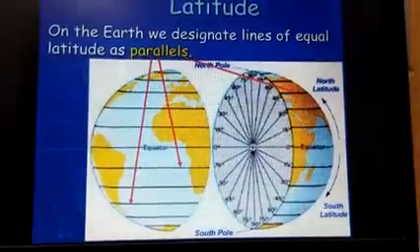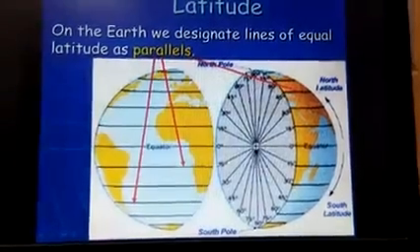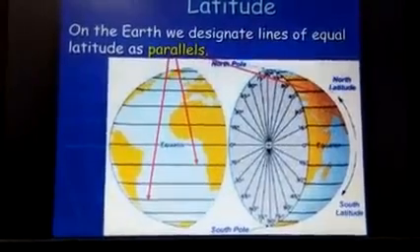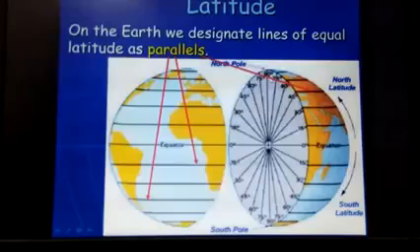Here you can see a very good picture of latitude. See, this is the earth. When we halve the earth, this half line is the equator. Now we draw some horizontal lines. This is horizontal line number 1, this is 2, this is 3, 45 degree, 60 degree, like this. From 0 degree to 90 degree, we are drawing the lines horizontally. These are known as horizontal lines and lines of latitude.